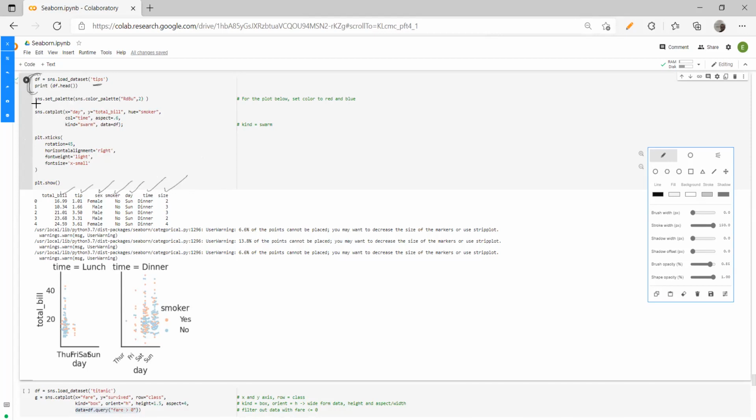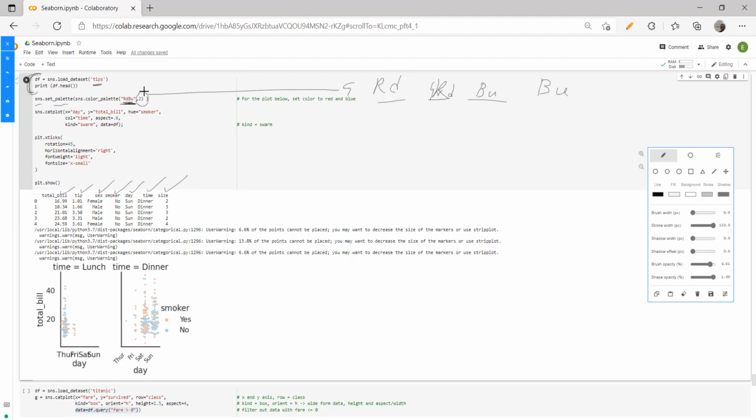Then sns.set_palette, and what I've done over here is sns.color_palette as red and blue. Red and blue, only two colors, right? If I give 4 over here, then it will give me 4 shades between red and blue. Probably it will look like a red, and then a combination of red and blue, maybe a little bit dark blue, or a light blue, something like a light red. So basically it gives 4 shades between red and blue if you say 4. If you say 2, it will give you 2 shades.